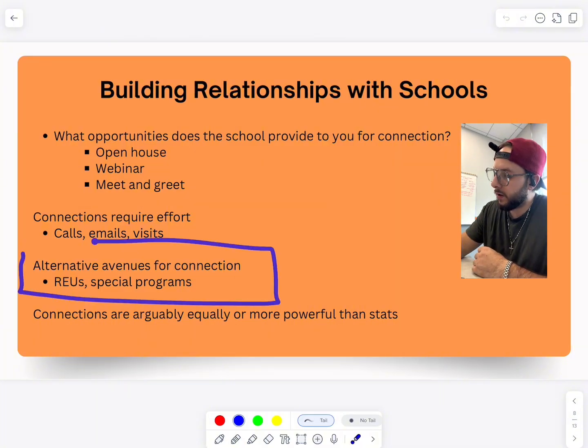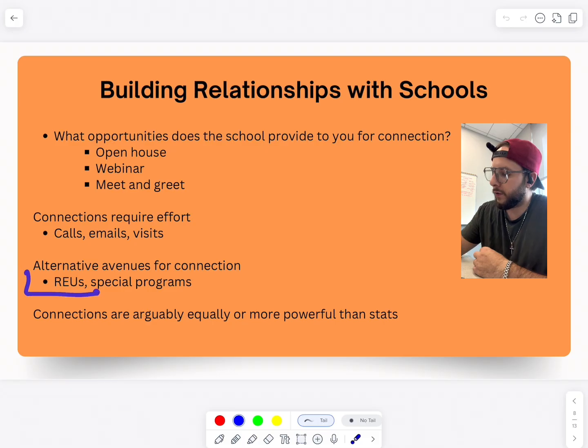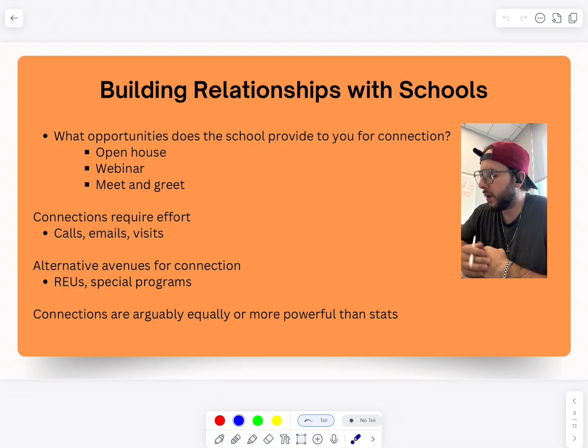Now, one of the most interesting ways that you form a connection with a medical school is actually by doing a special program at that school. For example, we briefly talked about research in the extracurriculars module, and I talk about this thing called an REU. REU stands for Research Experience for Undergraduates. Your university may have some, but many, many other universities do as well. And maybe you end up doing an REU at another university over the summer. And that's an excellent way to get to know a university, right?